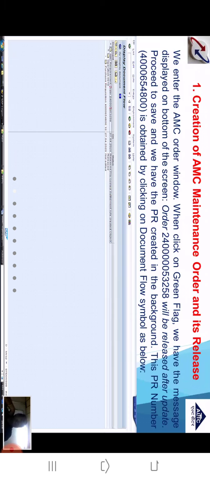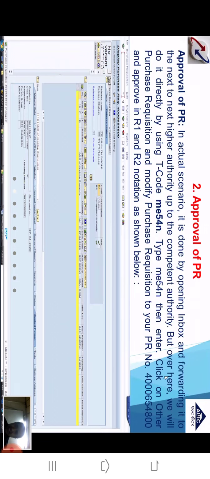Then this expenditure has to be approved, and for approval of expenditure, for approval of PR, we are all aware of the T code, that is ME54N. Let us see. Approval of PR. In an actual scenario, it is done by opening the inbox and forwarding it to the next higher authorities, up to the competent authority. Yes, of course. But over here, as I'm working on a practicing platform, I'm going to use the